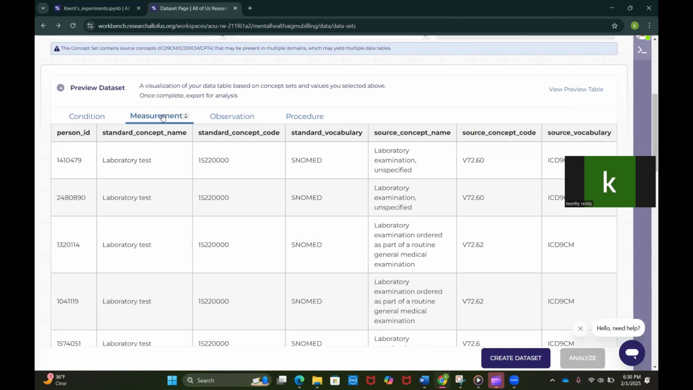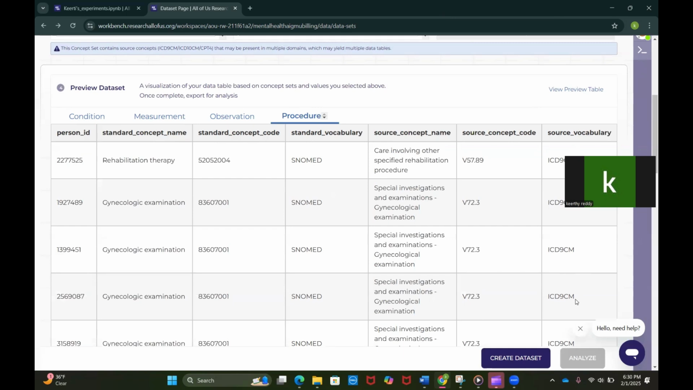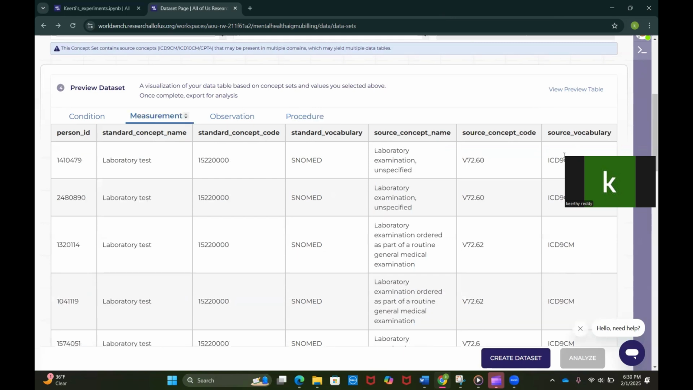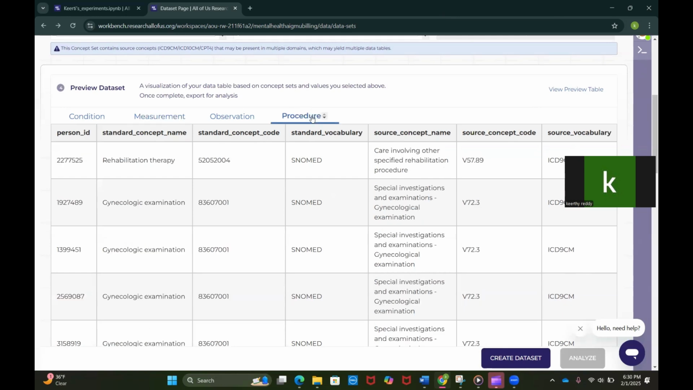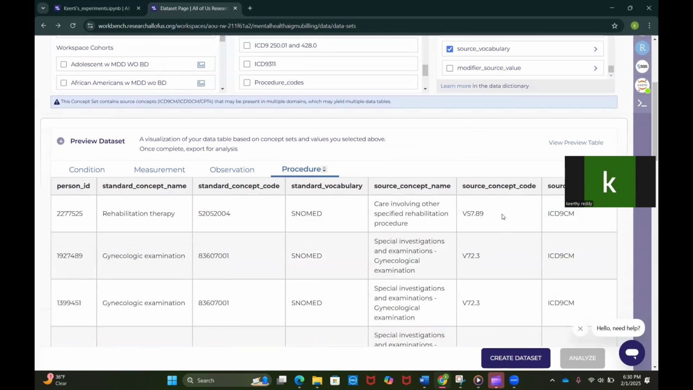So we have conditions, measurements, observation, and procedure tables. We have all the ICD-9 codes over here. And in measurements also, we have all the ICD codes. So you may be wondering, why do we have these procedure codes? These procedure codes are like the ICD-9 V codes, where it has